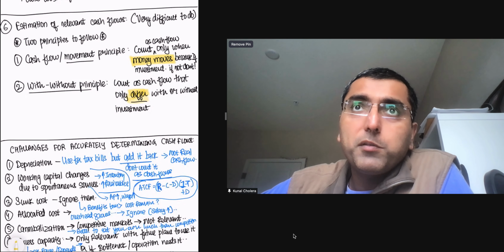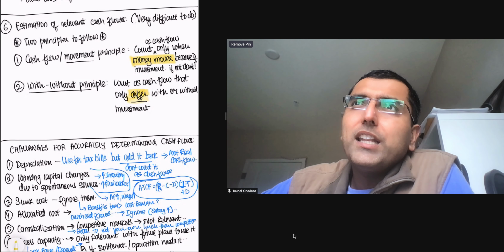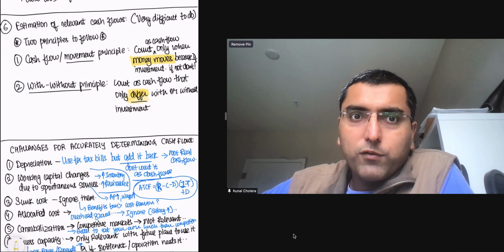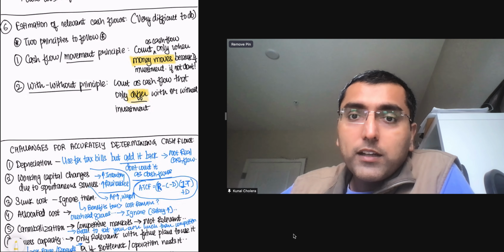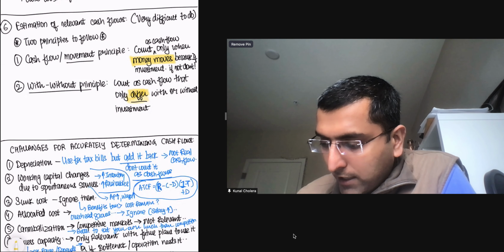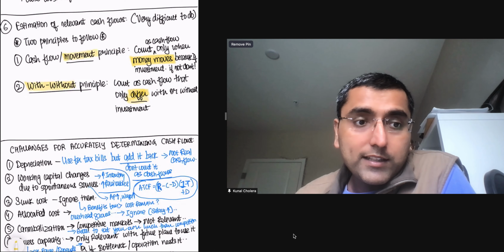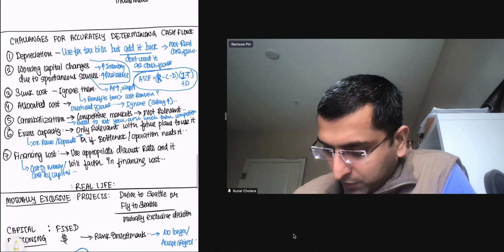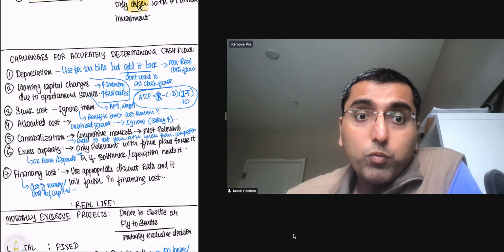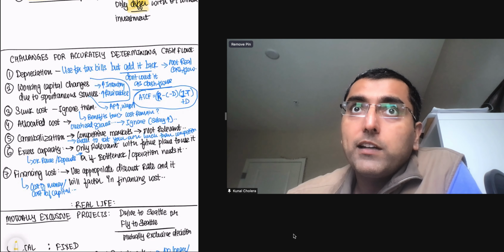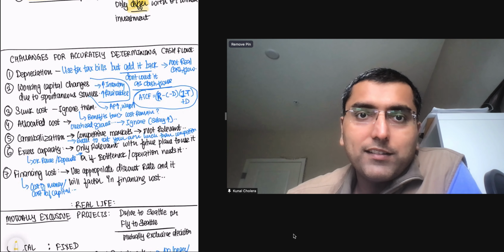If you use these two principles, you're better off to find out what constitutes a good cash flow, what constitutes a relevant cash flow, right? And you use these two principles and you can get really good relevant items accounted. Without them, it's hard. But there are still many challenges. So what are the top 7 challenges that you will still encounter to accurately determine your relevant cash flow? This is sort of a checklist, right?